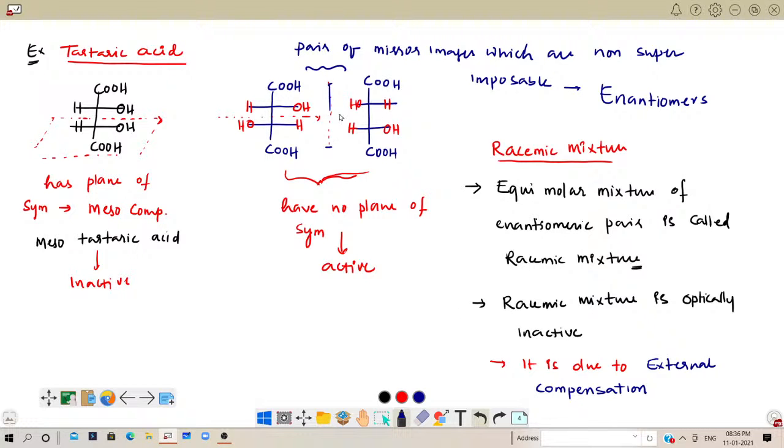Between two molecules, if you put a mirror, then they are optically inactive. And the meso compound is optically inactive due to,